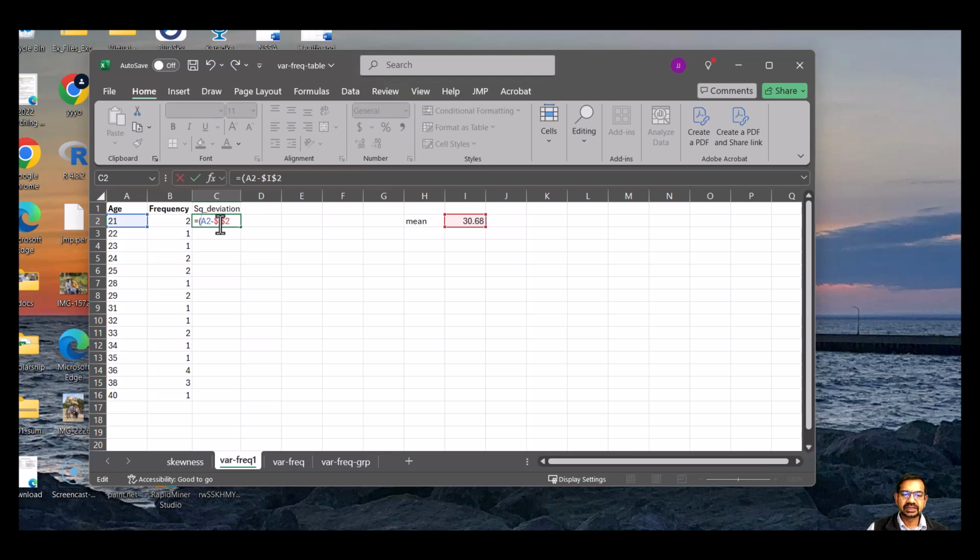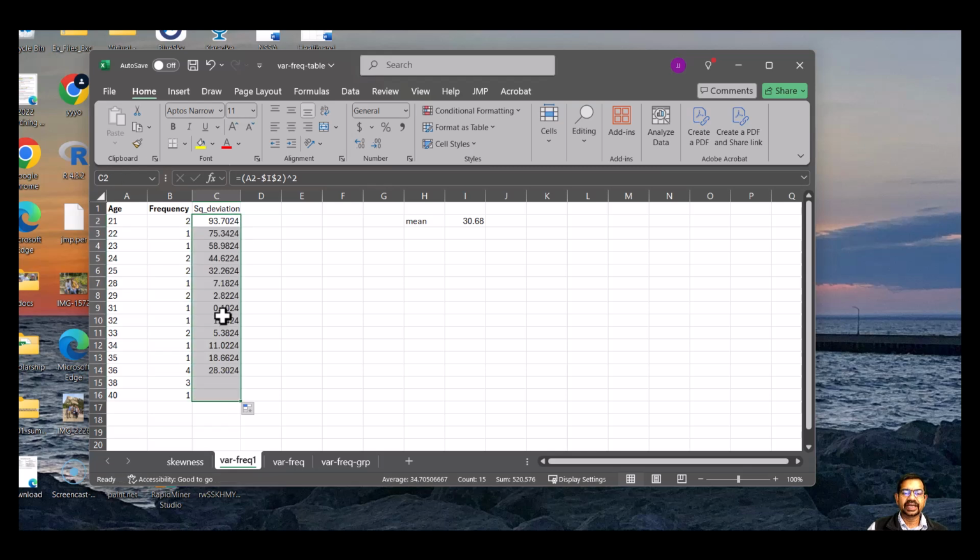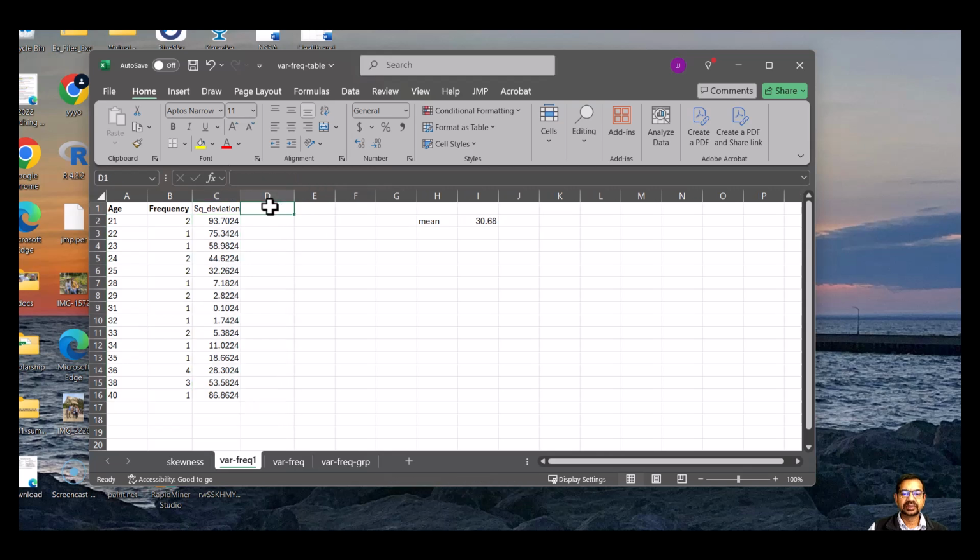We will square it. So these are our squared deviations, and we can drag this down. We get our xi minus x bar squared for the entire series, and then we will multiply it with the frequency. So we will do our frequency times our squared deviations,